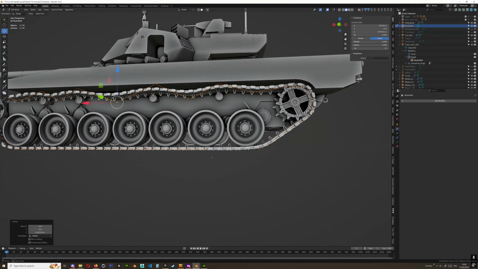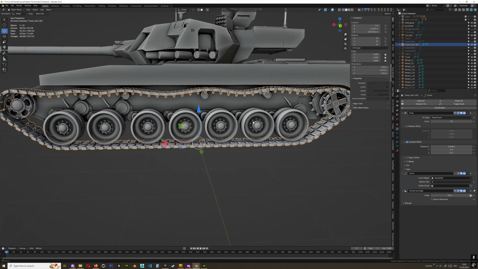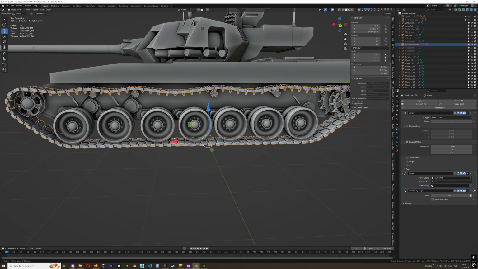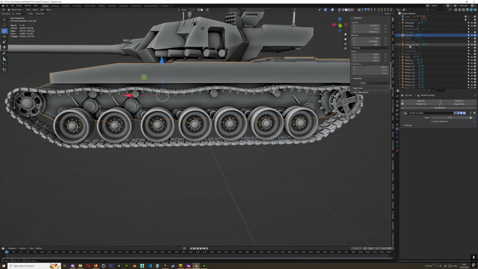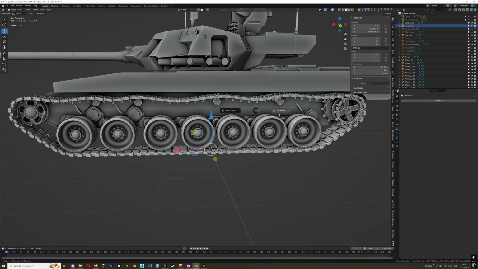Now, be mindful when you animate this: going over the bumps, it will make the gap increase or shorten. So you have to be mindful of animating the top control points on the actual path itself as well, because